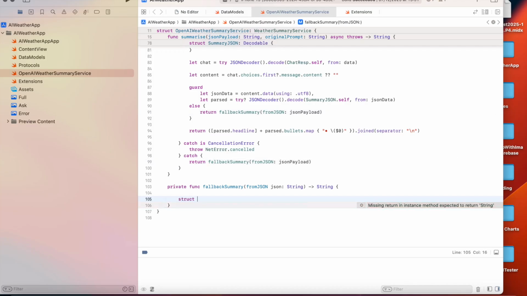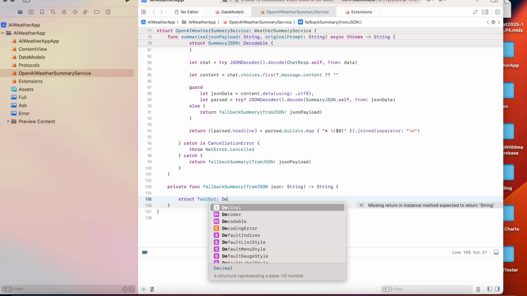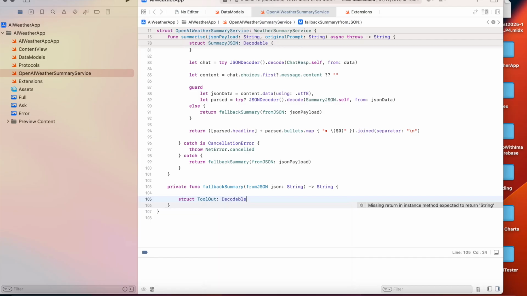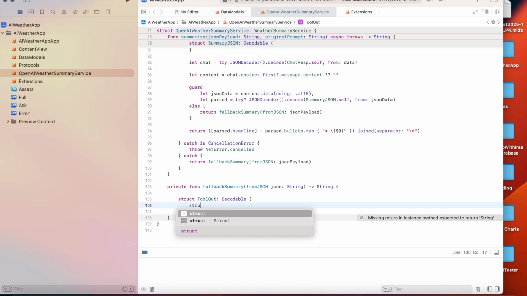Also create a struct called ToolOut, Decodable, another struct for Day,